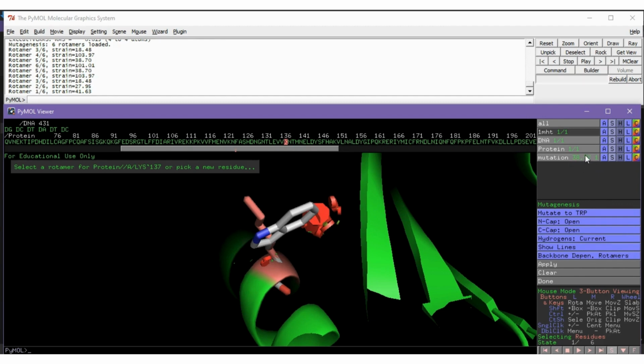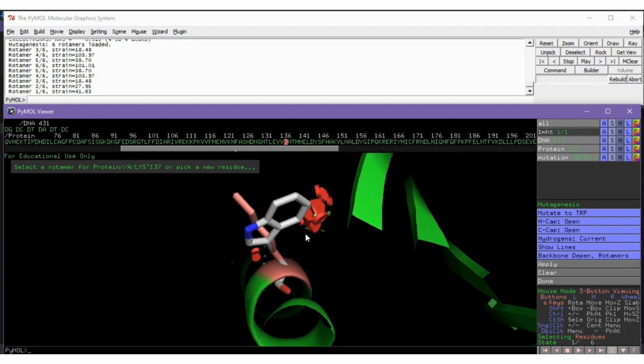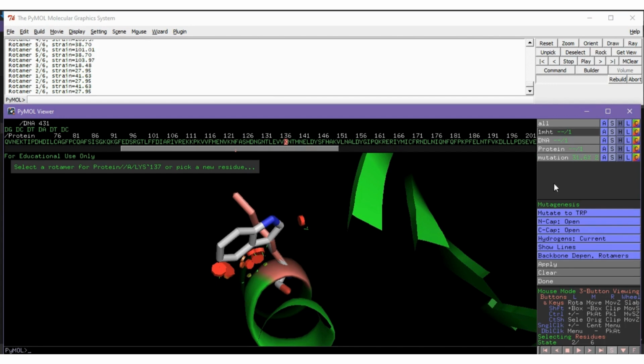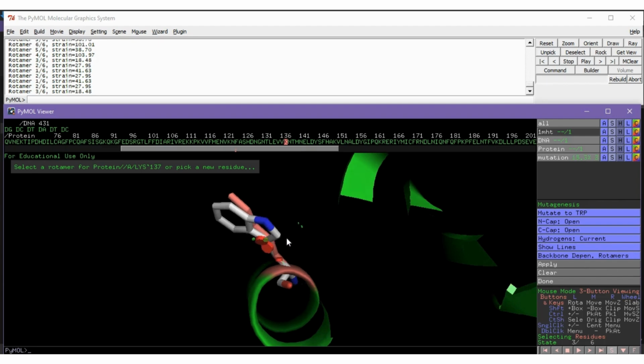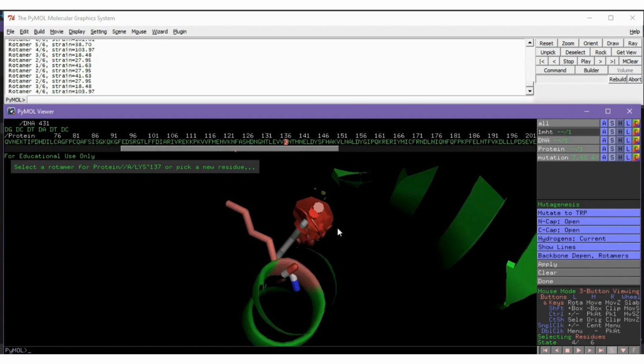Over here, it's about 39%, and these red discs indicate the clashing. If we go to another rotamer, the percentage decreases. So it is less likely than the first rotamer, and we can see a bit more clashing, etc.